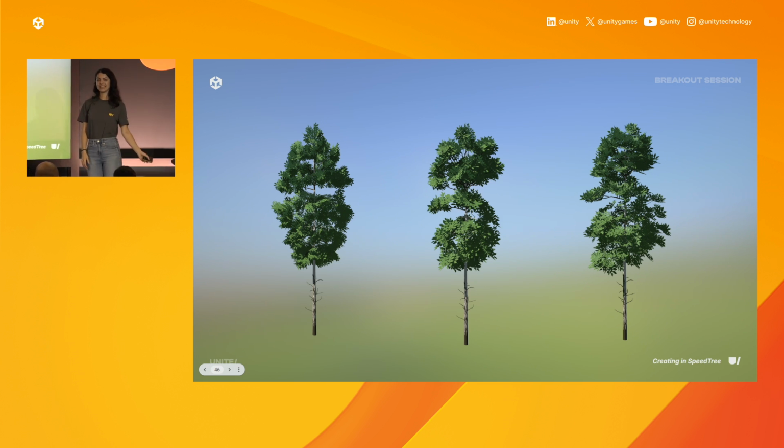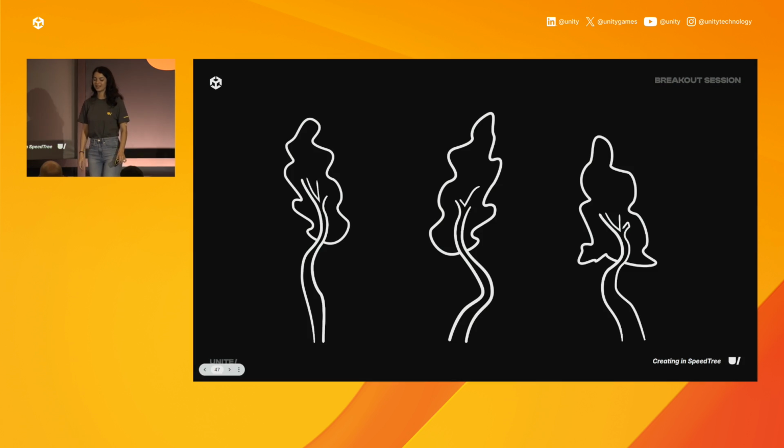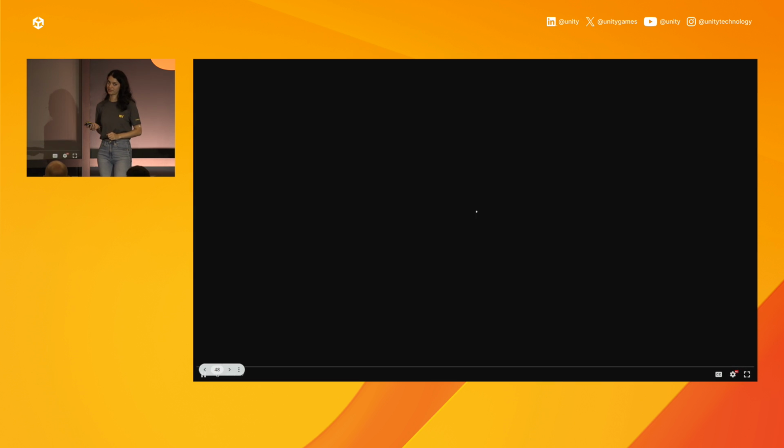But what if we want to get a little bit more funky? Maybe we have some concept art and we have some funky bends in our trunk. How would we do this? Well, we could tackle this procedurally. That would look like adding a noise property to our trunk, and that's great if you don't care where the bends go. But what if you're working with hero concept art, right? And you want to be very precise about your bends. Well, that would be a great case to use SpeedTree's freehand tools.